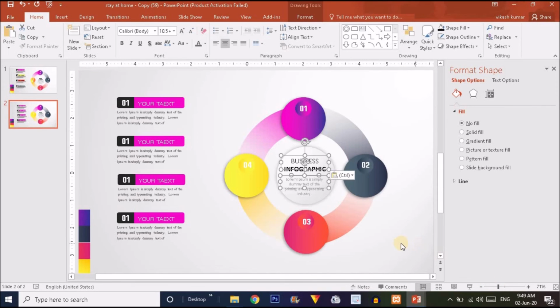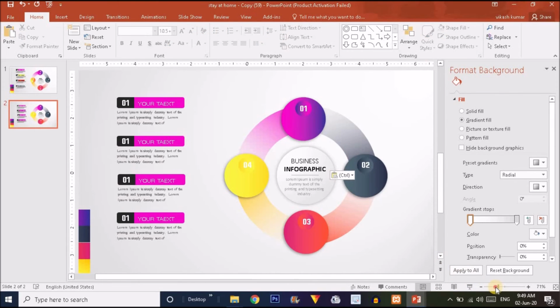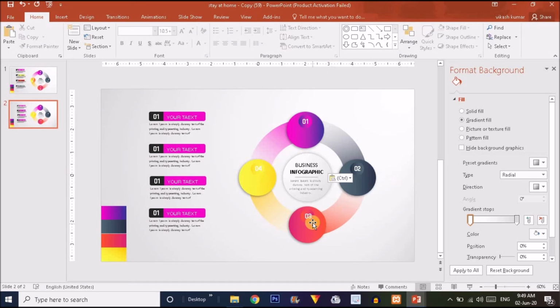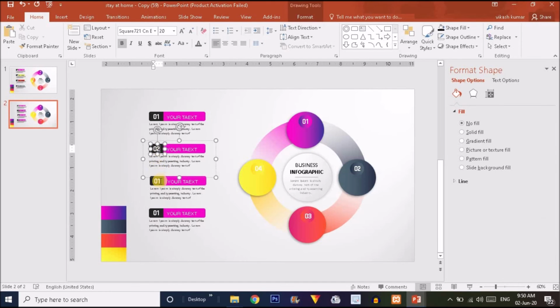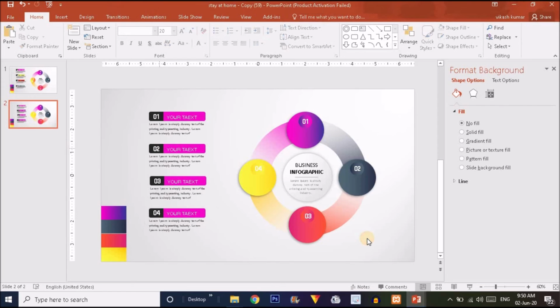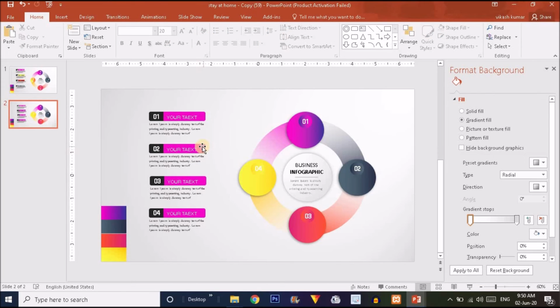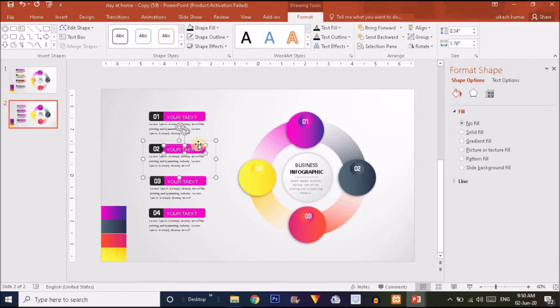Okay, that's all, guys. So let me change the text of these shapes. And you just have to change the color of these shapes also.